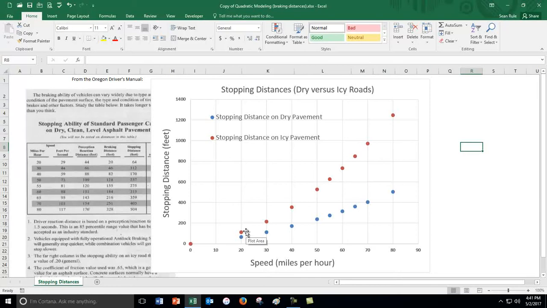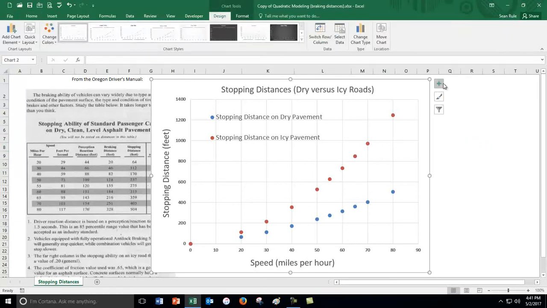So now what I want to show you is how to drop in a trend curve to look at the overall behavior if you were to look at numbers like 10 miles an hour and 45 miles an hour and 35 miles an hour and so forth. So again, click on the chart, up to the little green plus sign, chart elements, and now down to trendline, but definitely don't just check that box. Go over to this little arrow over here to the right. I've noticed this is the better way to do it. So, arrow,